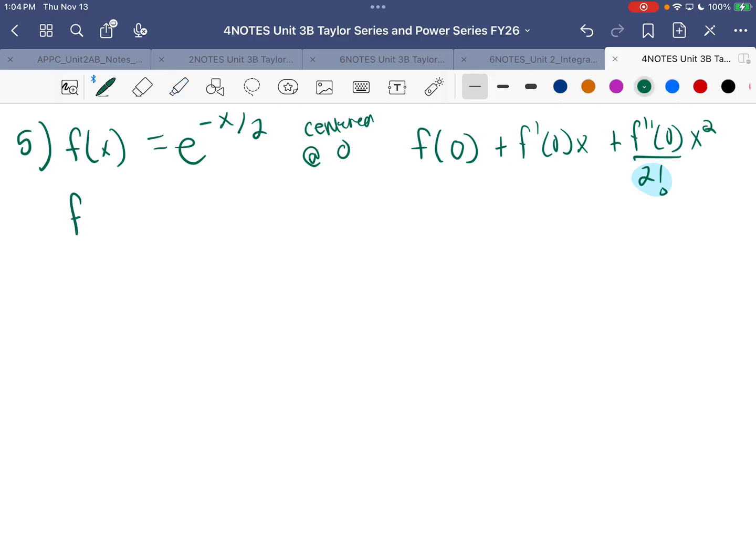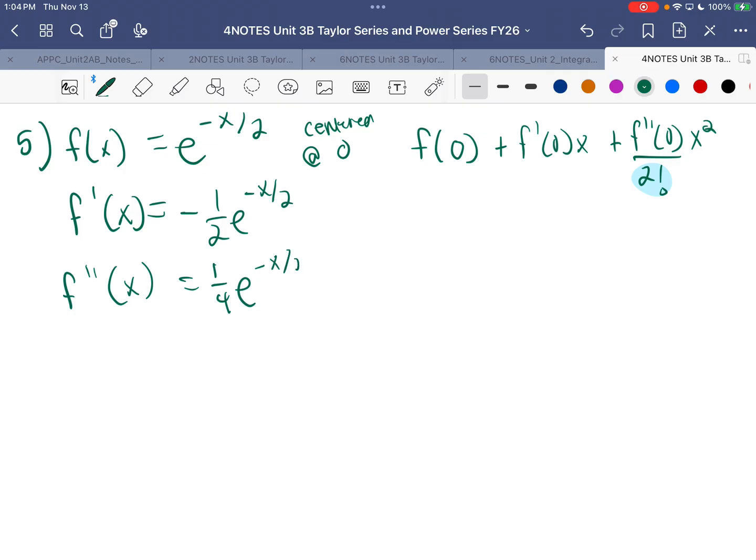So then we have to find the derivatives. And I'm a little scared with some of our derivative skills, I'm just saying. So some people doing some crazy stuff. This is going to be 1/4. So now we're centered at 0, so f at 0 is going to be 1. F prime at 0